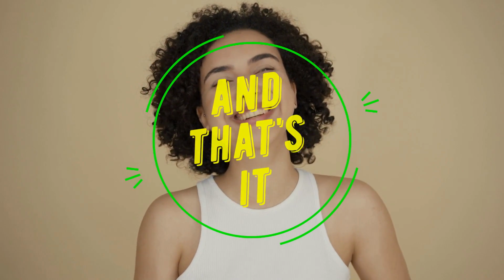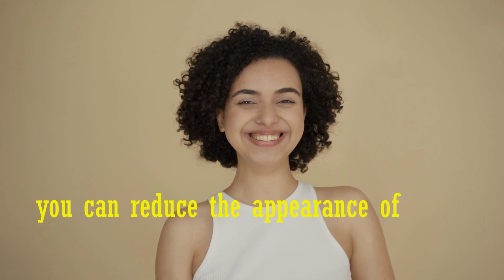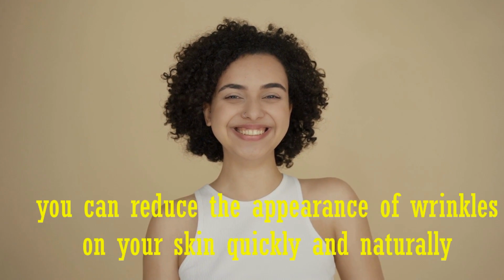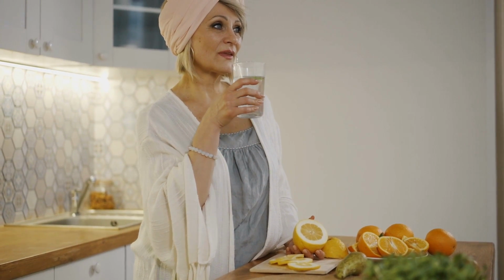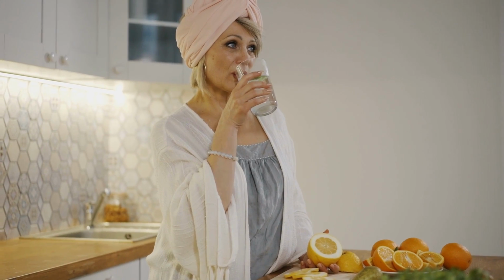And that's it. By following these simple home remedies, you can reduce the appearance of wrinkles on your skin quickly and naturally. So go ahead and give them a try, and let us know in the comments below which one